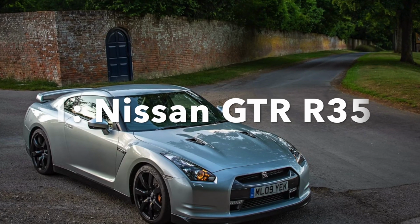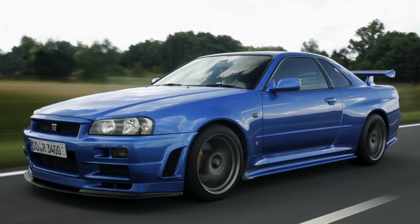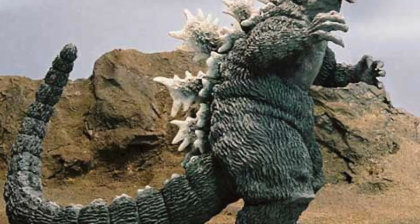And the last car on the list, it's hard not to put on here, because everybody knows it. It is maybe a little bit more over at 50,000, but yeah, forgive me, please. And I'm talking about Nissan GTR. It is a spiritual successor to the older R34 Godzilla, you know, Skyline, and the R35 GTR is an incredible alternative